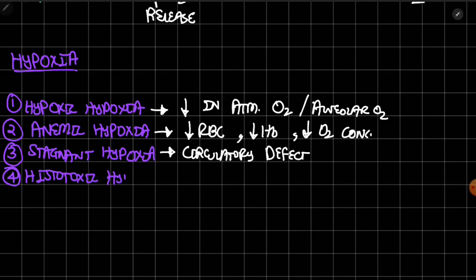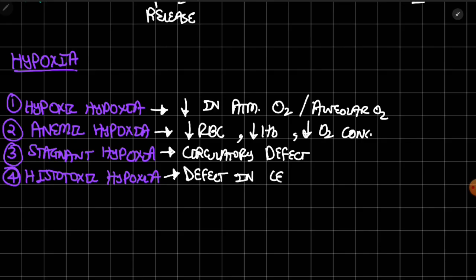So what is histotoxic hypoxia? Basically, it is poisoning of cellular oxidation enzymes. What happens is the cellular oxidizing enzymes are defective. So, a defect